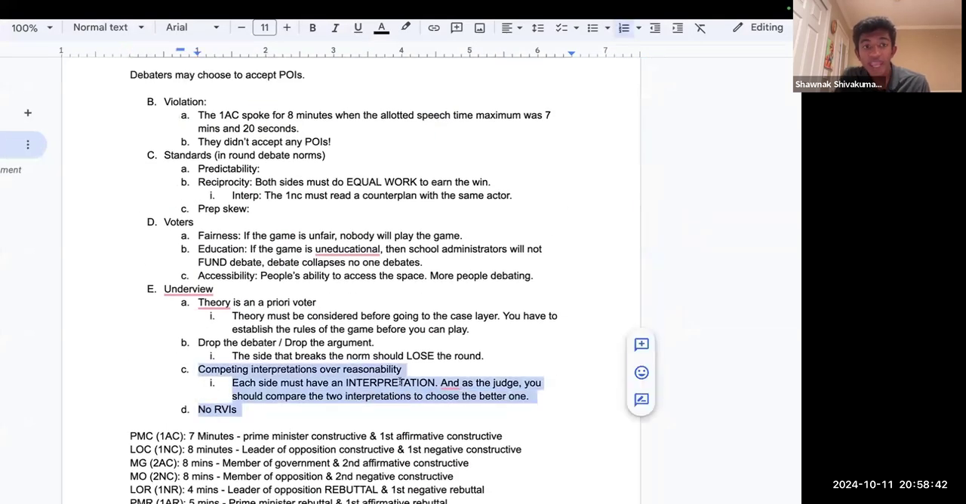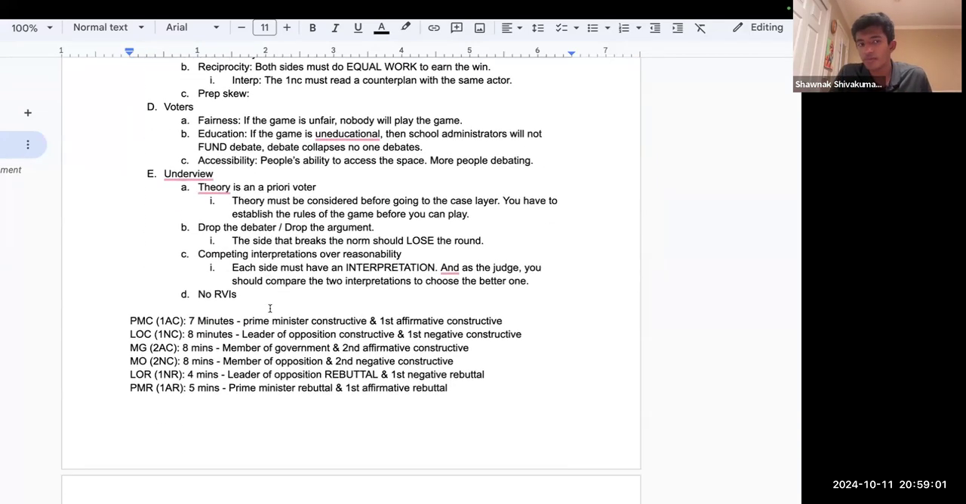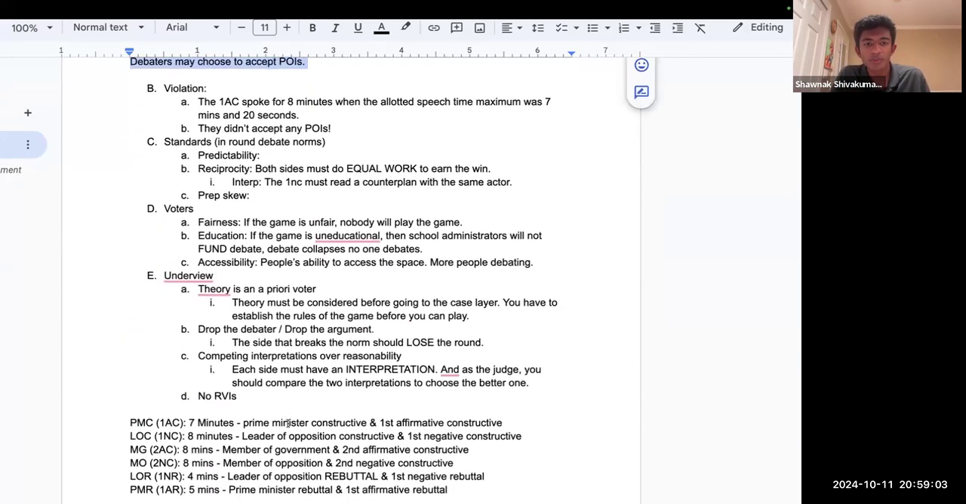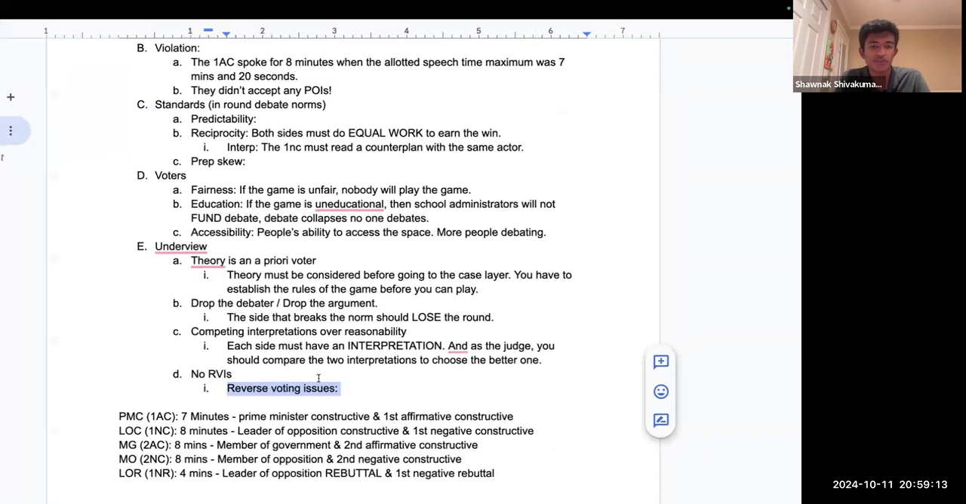And competing interp says if they don't have a competing interp, they lose the round because we don't know what world they're advocating for. If they don't give this general blanket interpretation, then we don't know whether they could be advocating for just 1 POI or 3 POIs or no POIs or POIs are just bad in general. So that's why you have competing interps over reasonability and no RVIs. RVI stands for reverse voting issues. Reverse voting issues are